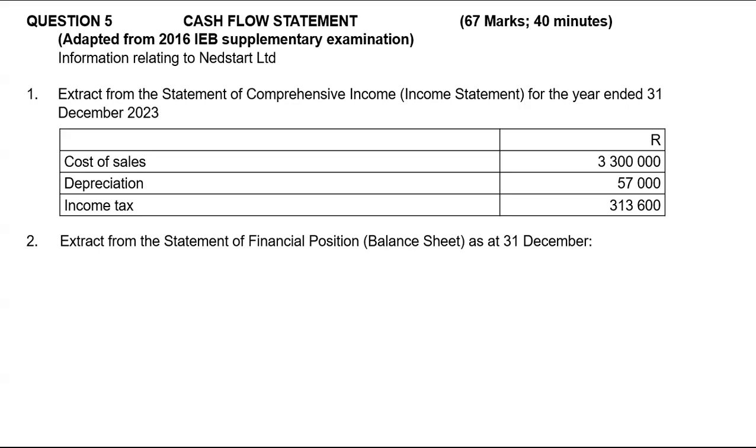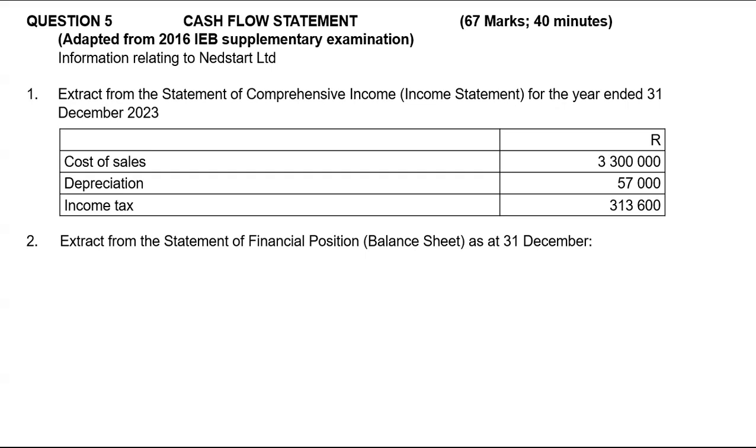We have information relating to Net Start Limited, and they gave us an extract from the statement of comprehensive income for the year ended 31st of December 2023. You've got cost of sales amounting to 3,300,000. I don't know if you're going to use that. And we have depreciation of 57,000, as well as income tax amounting to